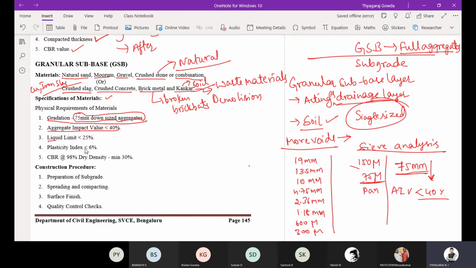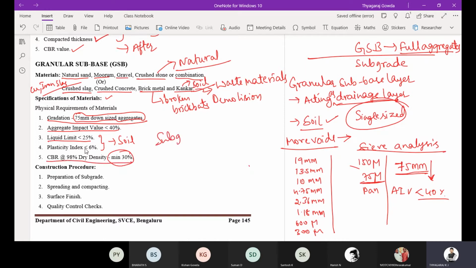Then comes the liquid limit. When it comes to liquid limit, it is when we are using soil. When we are using the soil as a GSB layer, that is a gravel or murram, there you are going to check for a liquid limit and plasticity index. So liquid limit should be less than 25%, plasticity index should be less than 6%, and CBR at 98% dry density, minimum 30%.